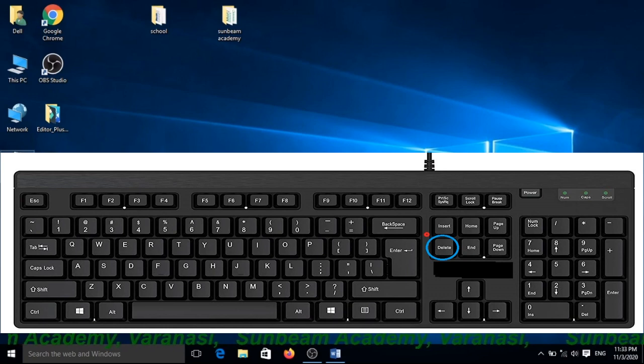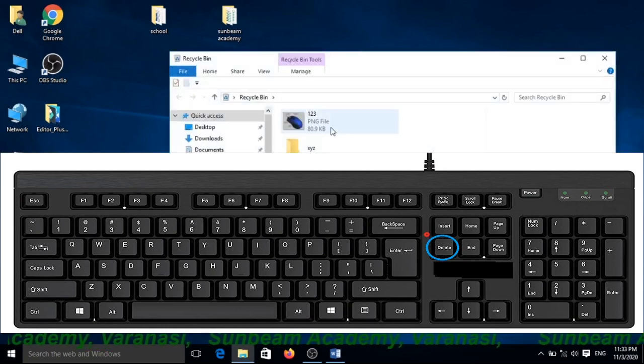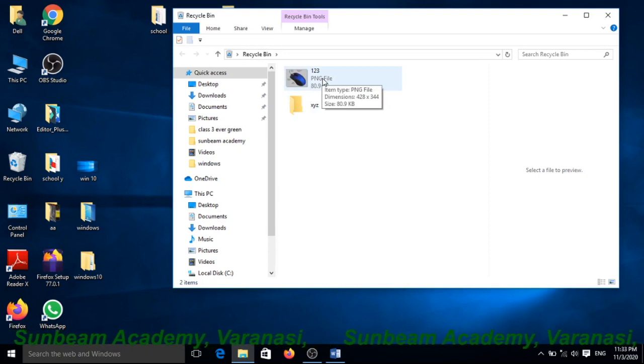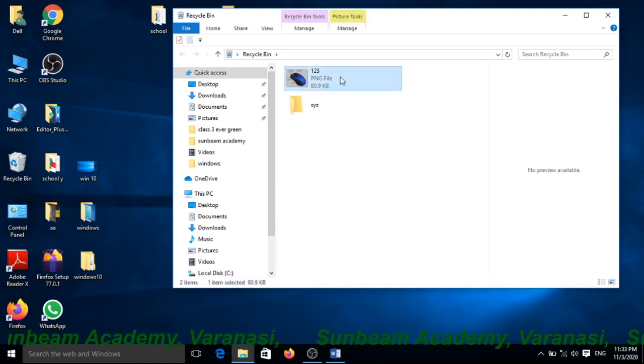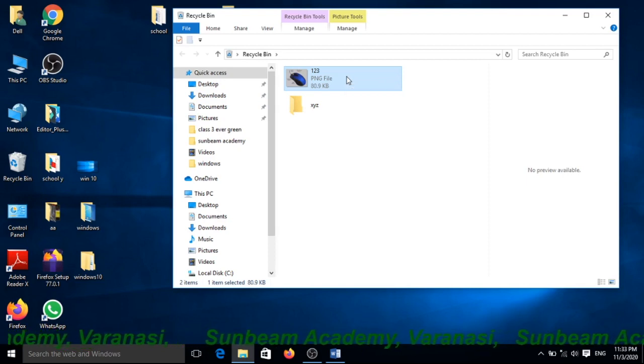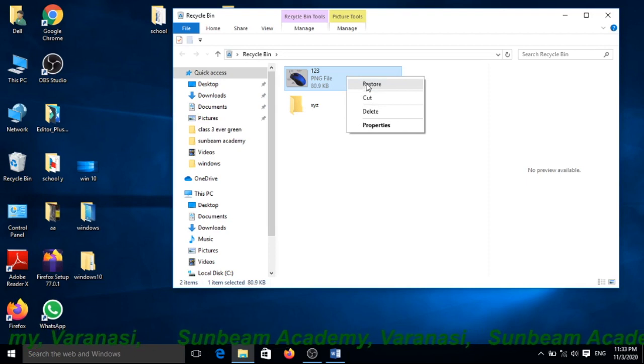Now you can see here both deleted files are here. If we want to restore only a file, whichever file or folder you want to restore, select it and right click the mouse and choose the restore option.